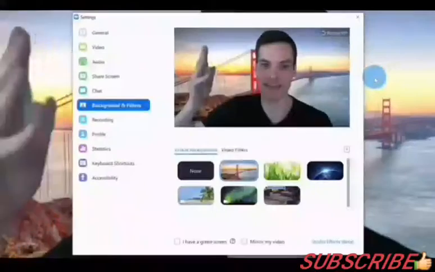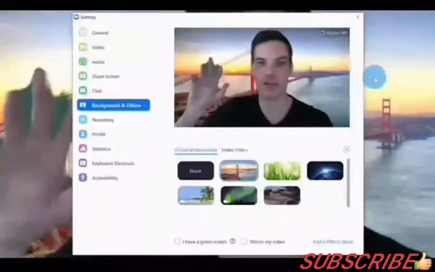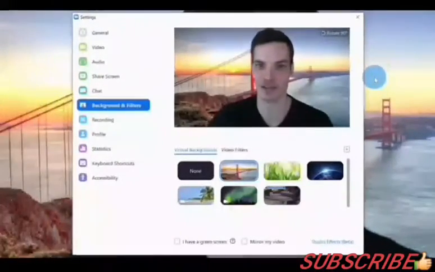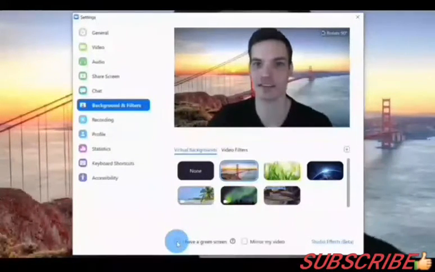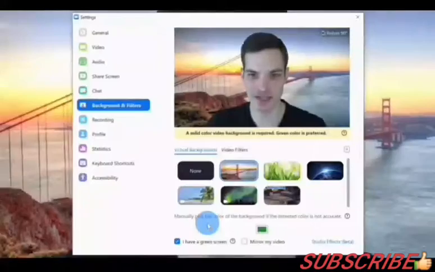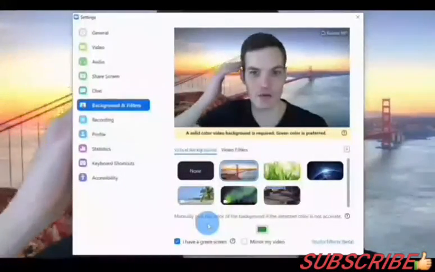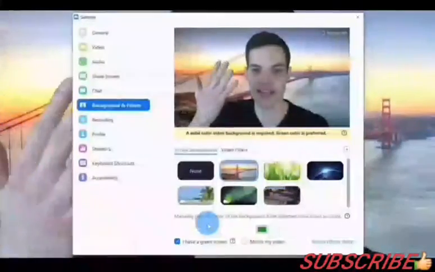Also, if I bring my hand up, you notice it doesn't really do the best job. It's hard for the software to process all of that. Now let's check on I have a green screen to see how it compares. I've now turned on I have a green screen, and look at this. You see a lot more detail around my head, and also when I hold my hand up, you don't get that weird artifact between my fingers,